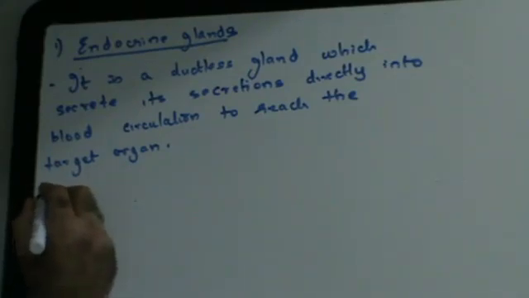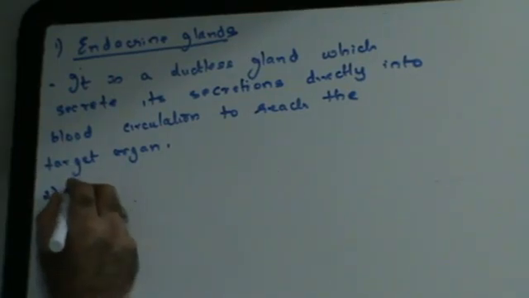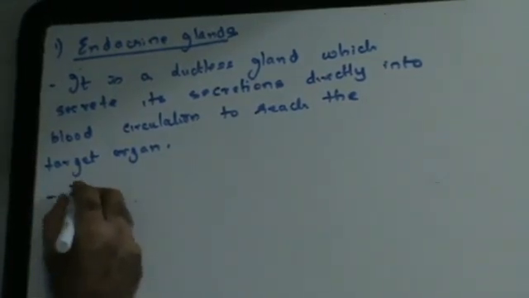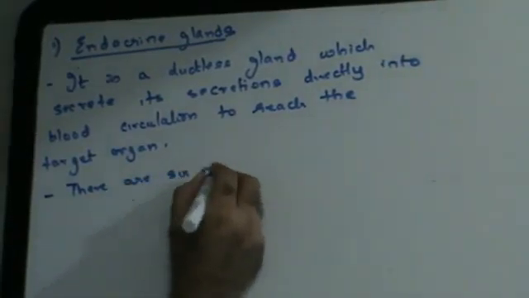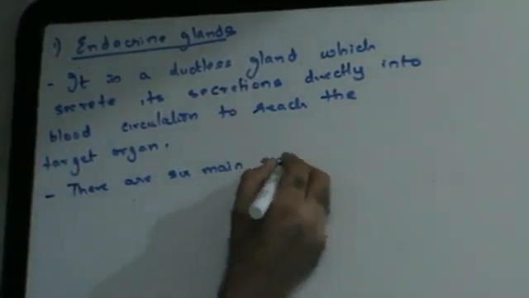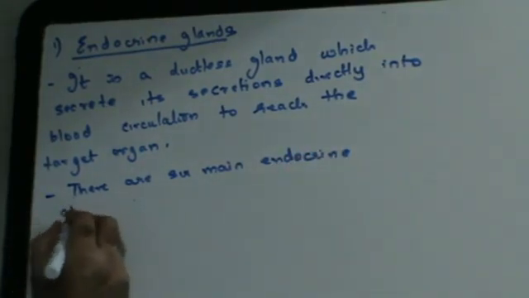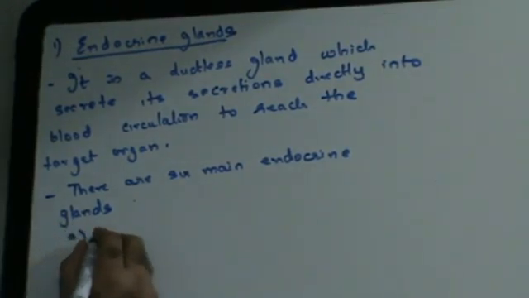Now, which are the endocrine glands? I can say that there are 6 main endocrine glands. There are 6 such glands which give out their hormones directly into the blood so that they can reach the target organ. They are: A, the pituitary gland,